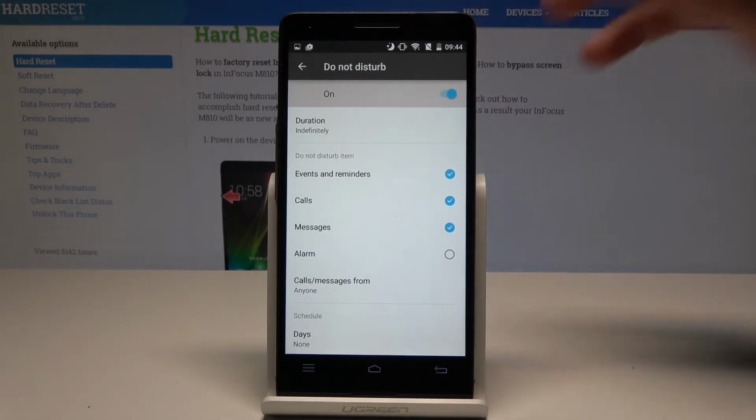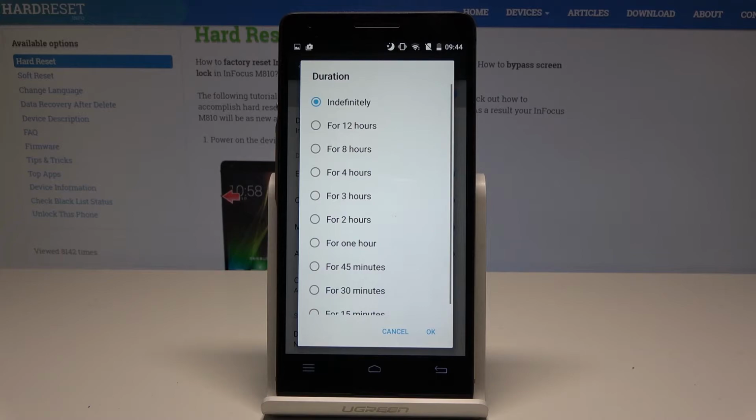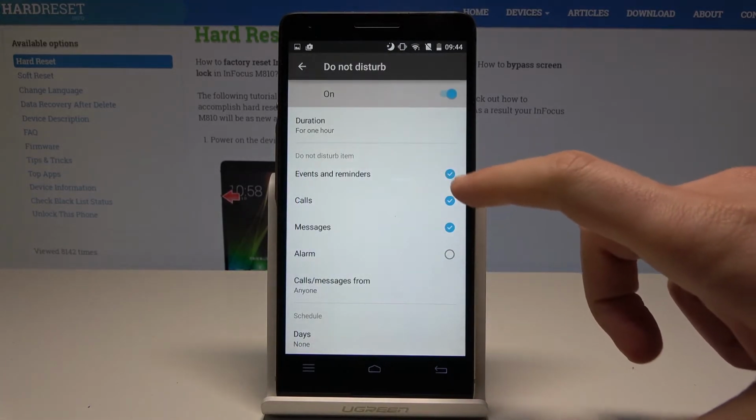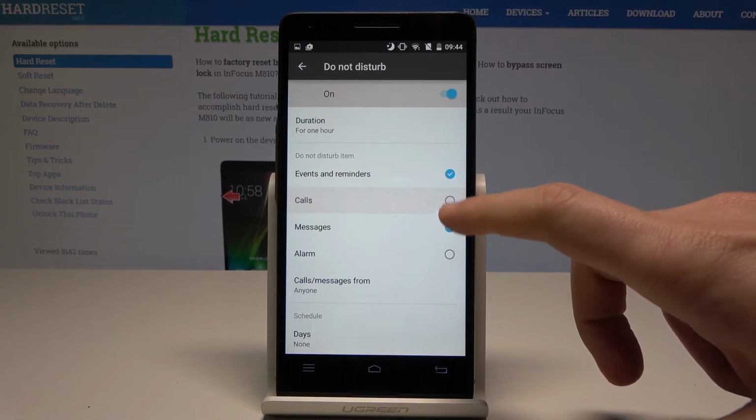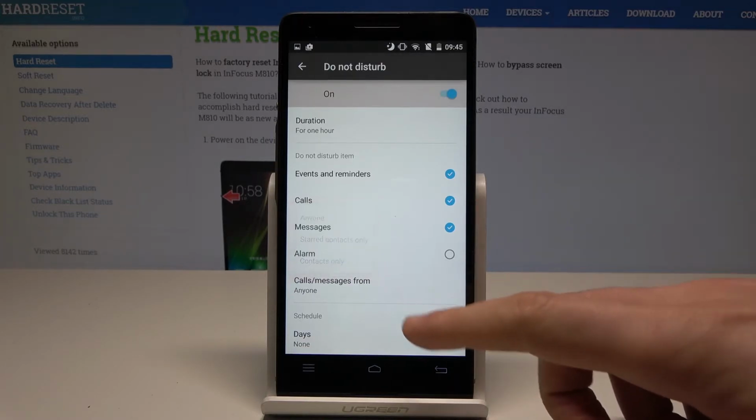As you can see here, you can enable the Do Not Disturb, and here you can change the duration. For example, you can switch on Do Not Disturb for an hour. You can also here handle with events and reminders. You can accept some calls and messages from some favorite contacts or basically from contacts, and you can also use